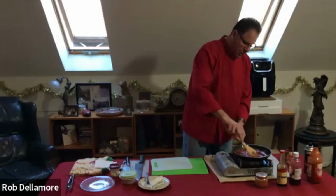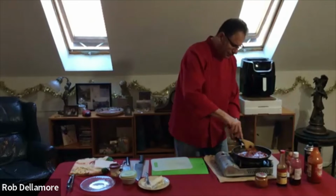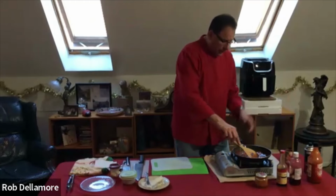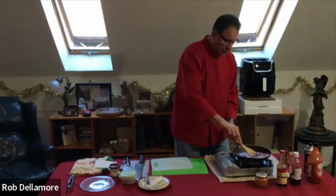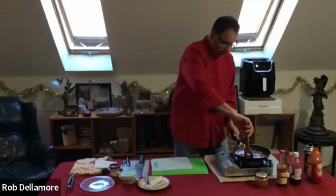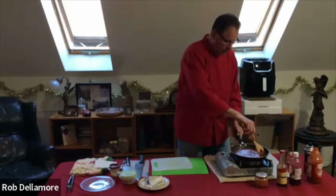Buffalo barbecue sauce. Okay, I will be adding some cayenne pepper at the end after it's finished cooking. We don't want to add it now, and then those hot odors irritate our eyes or our nostrils. It will happen in 2 seconds. So you don't add the cayenne pepper till the end. You even have to be careful when you add the Franks. But can you see the color of this sauce? How amazing